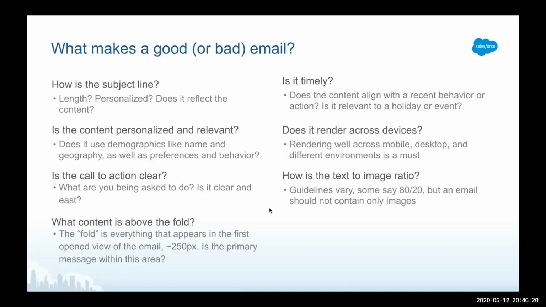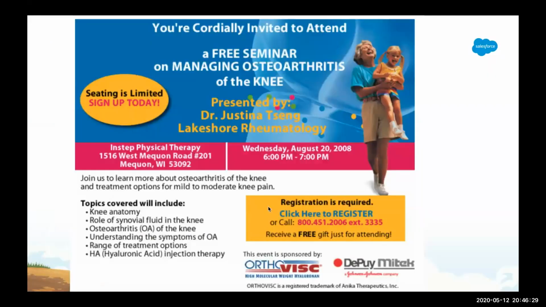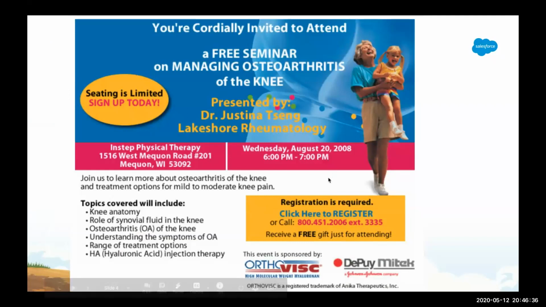You also want to make sure that it renders across various devices. Needless to say, these did not render at all on anybody's devices. Again, this was back in 2008. These did not render on anybody's devices because it was a flat JPEG. And back then deliverability wasn't really important in 2008. So these did not render nicely on devices. And I think back then a lot of people had like the Blackberries and stuff.